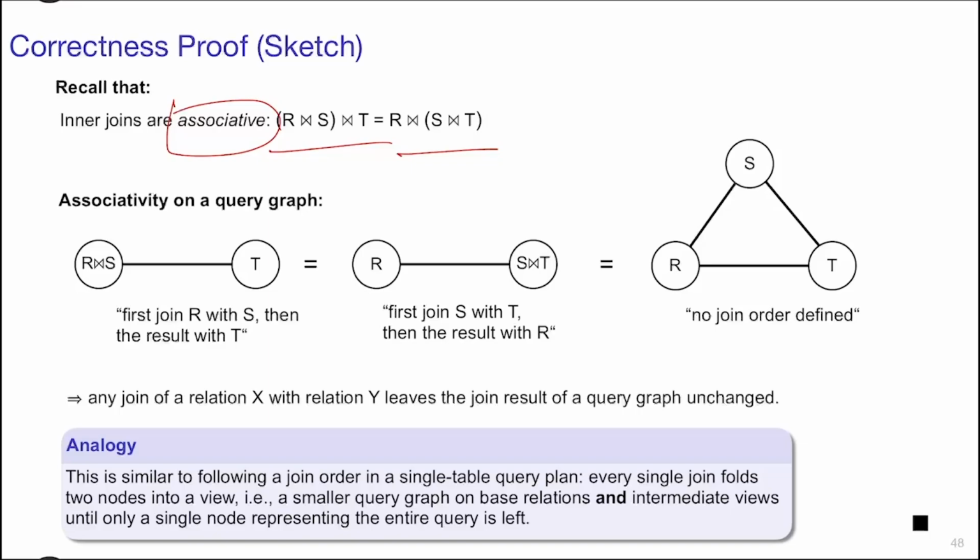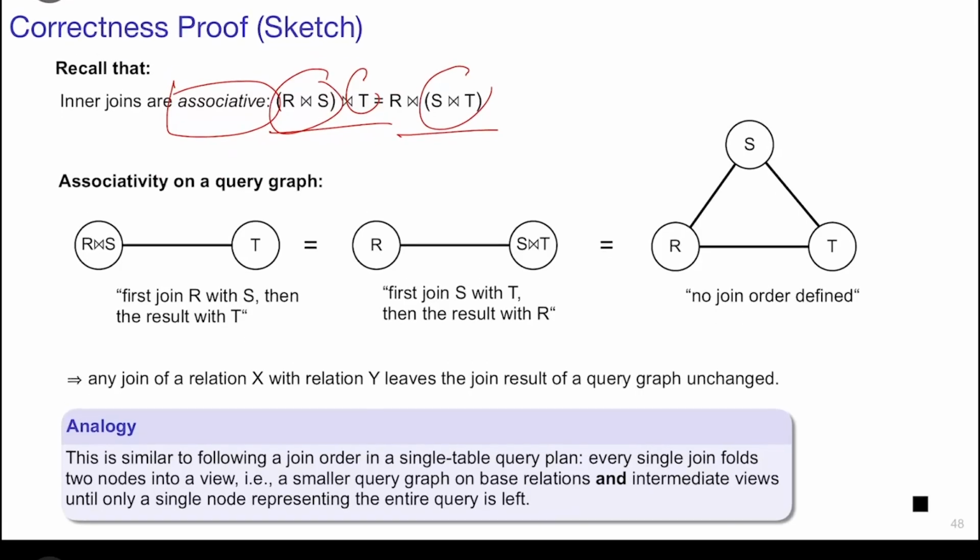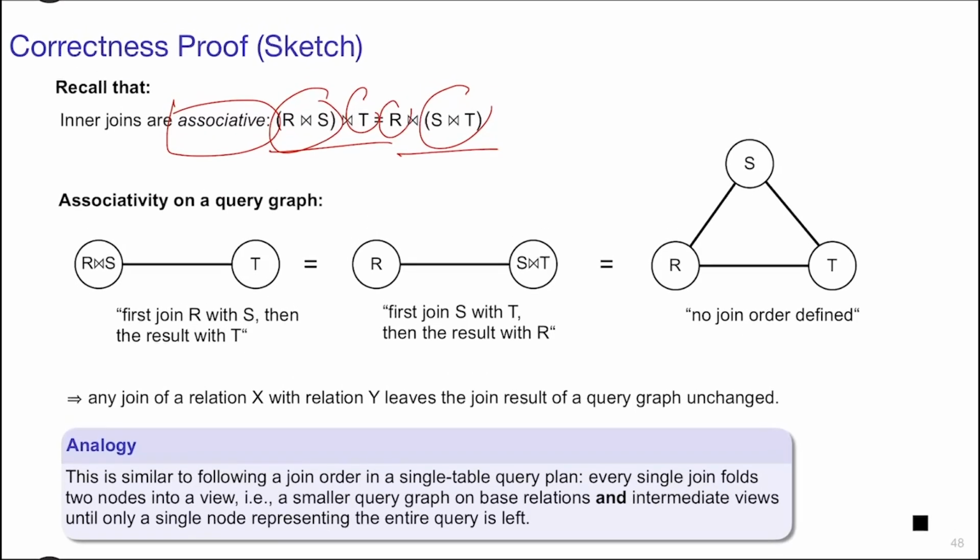that's the reason why we can do join order, because here I first join R with S and then the result with T. Or alternatively, S with T and then the result with R. But that gives the same join result overall. It doesn't matter in which order I do this stuff. Yeah? And that's what I exploit here, because basically these brackets I have here,